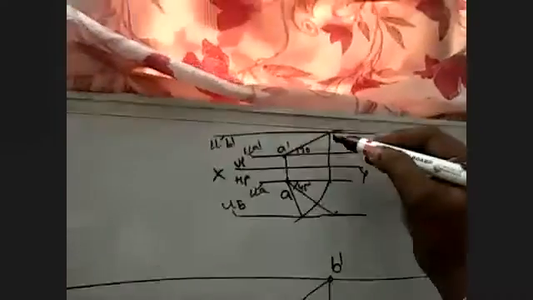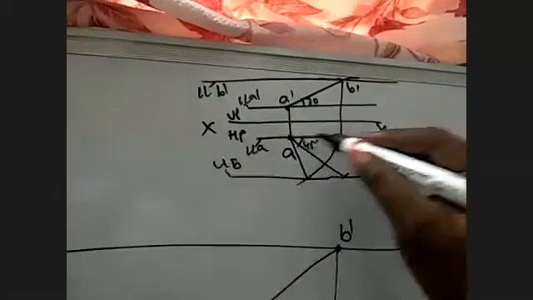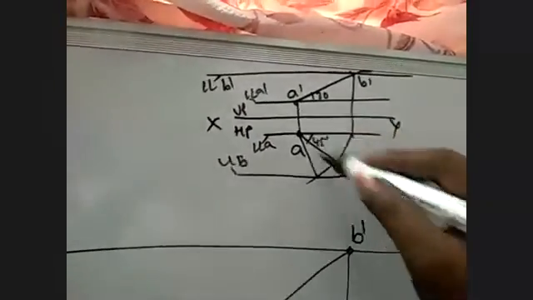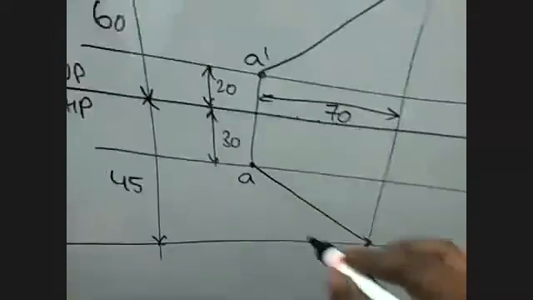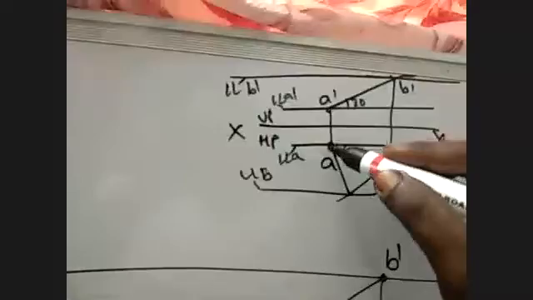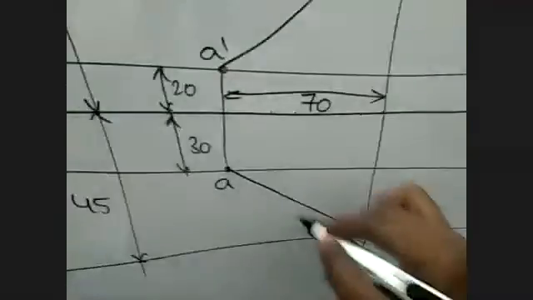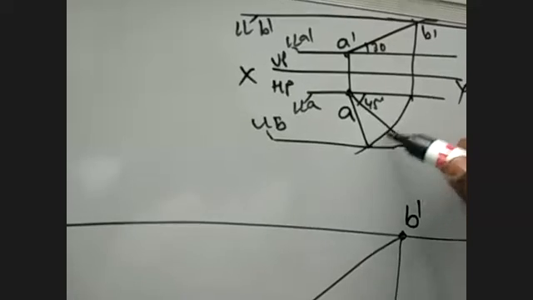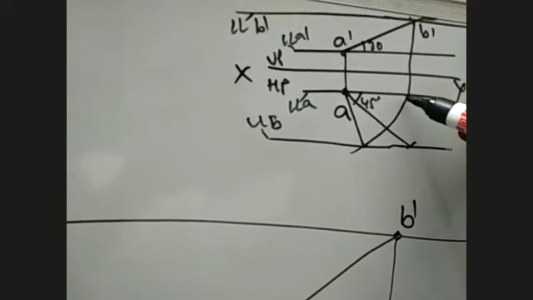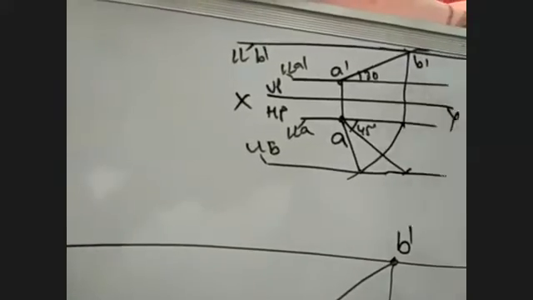I'll take it a little closer so that you get more clarity. From true length, I will draw a straight line till the opposite locus line. Then taking this as center, this is the radius, I will draw an arc to get the apparent length. Whereas in this problem, I have an apparent length, and from it I have to get the true length. How do I get the true length? From apparent length, I take this as center, this is the radius, and I draw an arc till locus line A. After that, from here, I draw a vertical line till it touches the other locus line, B dash.